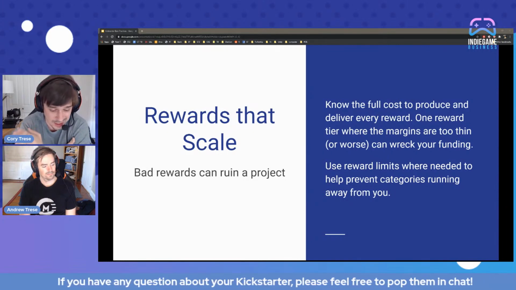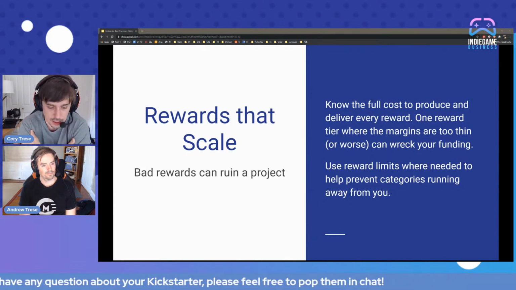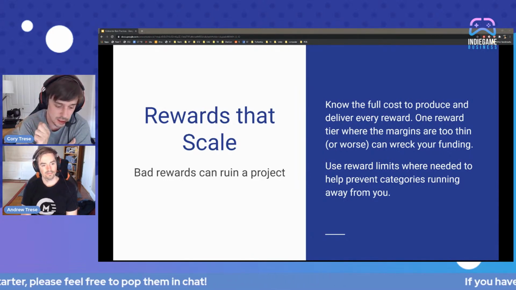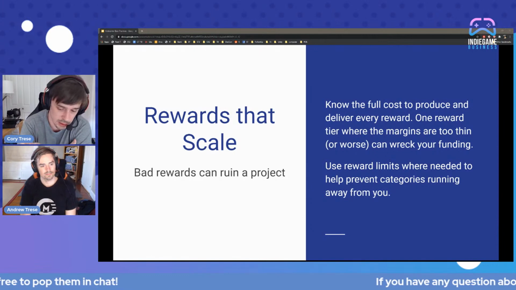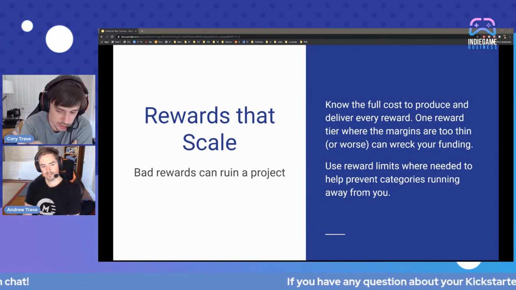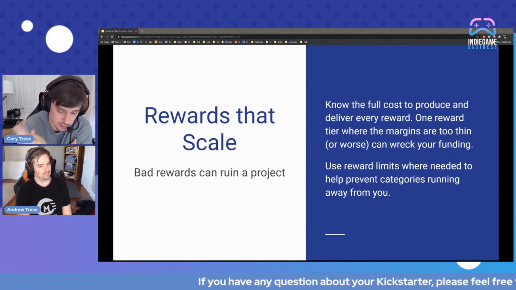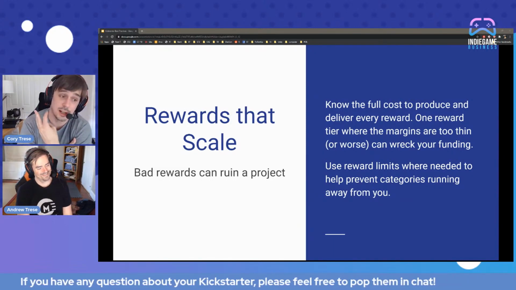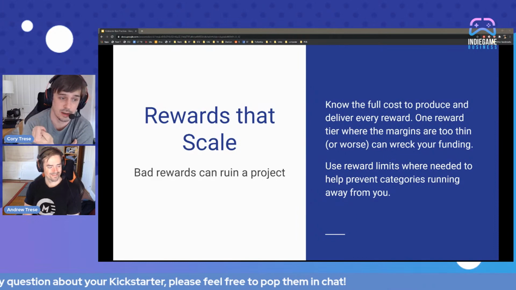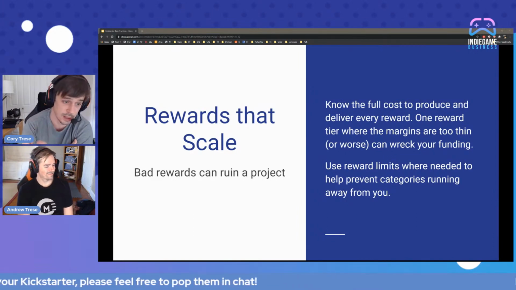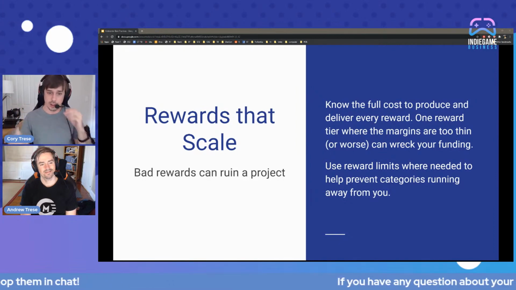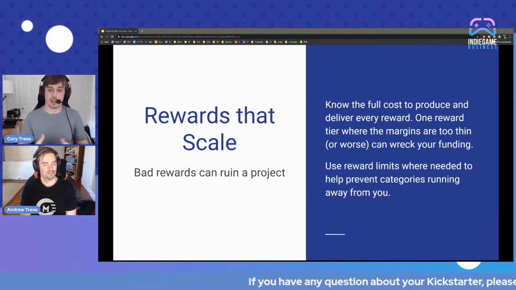Physical rewards are particularly dangerous for this, like shipping, and that stuff can add up so fast. You have to think, I'm going to ship this, but you have to get the tape to hold the tube shut. You have to reorder the tubes when they're too short. You have to remember that you have to print all that postage. You have to actually drive it to the post office. The post office sends it all back to your house because it's the wrong size. That stuff can spiral out of control very quickly and cost you a lot of money.